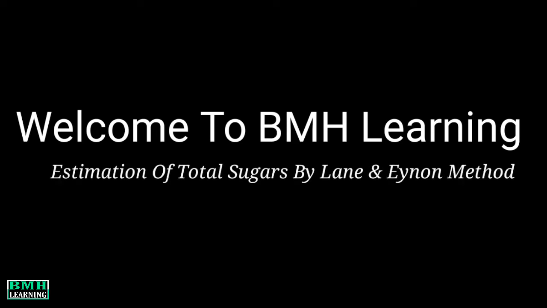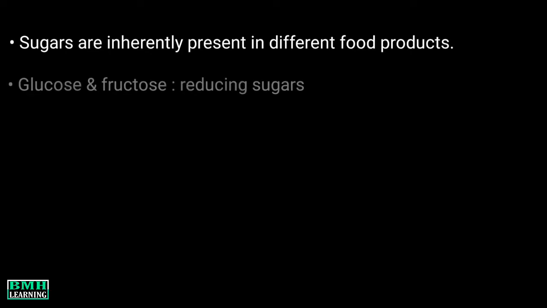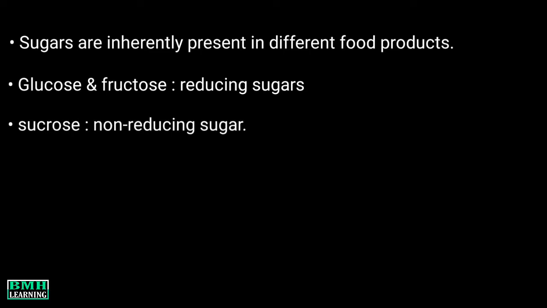In this video, we will talk about estimation of total sugars by Eynon and Eynon method. Sugars are inherently present in different food products. Glucose and fructose in the fruits represent reducing sugars, while sucrose represents the non-reducing sugar. They are determined or estimated by Eynon and Eynon method, which measures sugar as reducing sugar and total sugar as